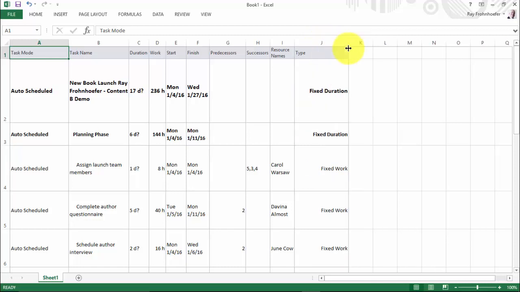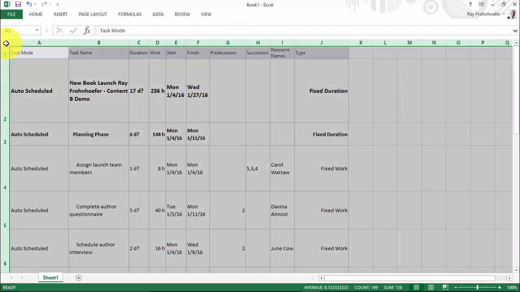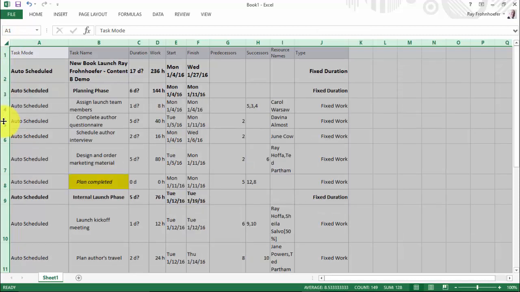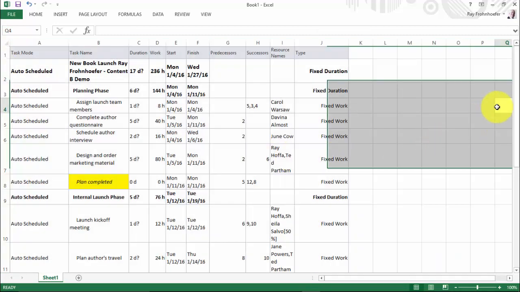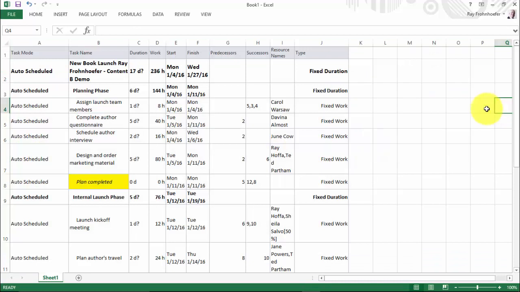And once I get all of them vertically aligned, I can select the entire sheet, double click here, and you'll notice I've got something that looks very much like the entry table now, including the milestone, which had the formatting preserved, the background and the italicized text.